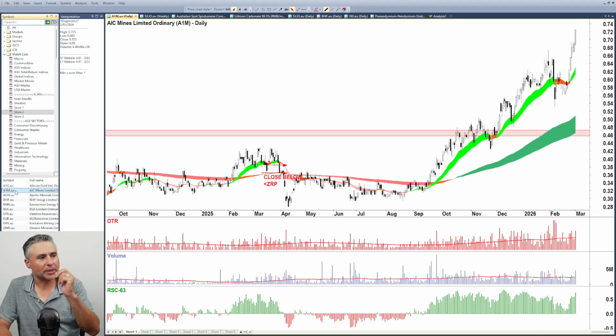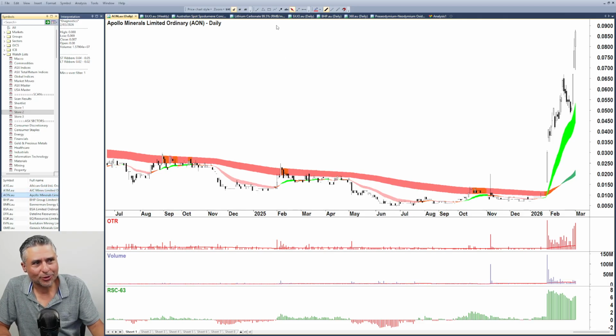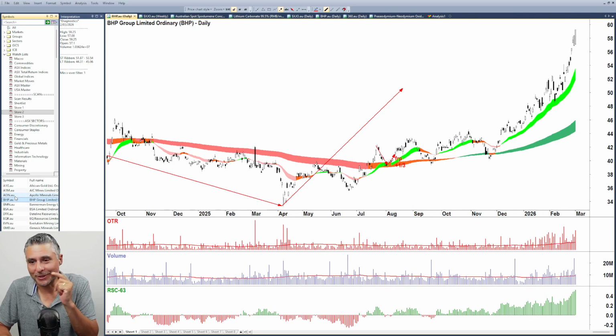A1M is fairly new. It's a little bit more choppy, so I wouldn't expect many people to have been on that for a long time. This one I'm pretty sure, correct me if I'm wrong, I reckon I put it in on this day or that day. I can't remember. It looks kind of familiar there. Certainly I would have put it in on that day. So I wouldn't have a clue what this thing does. It's going up. I do know what this one does.